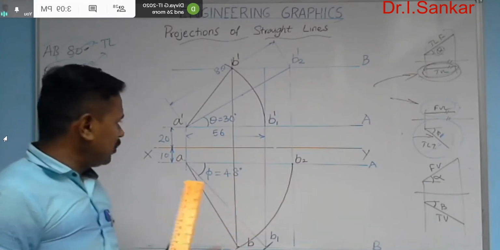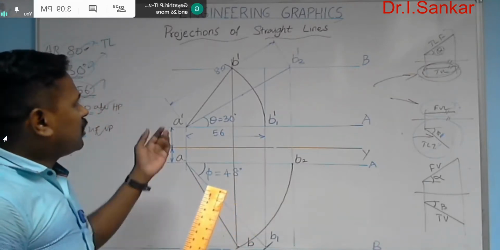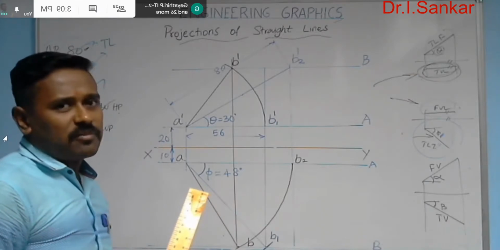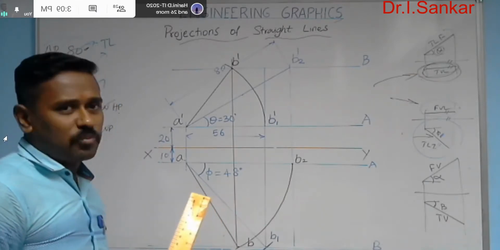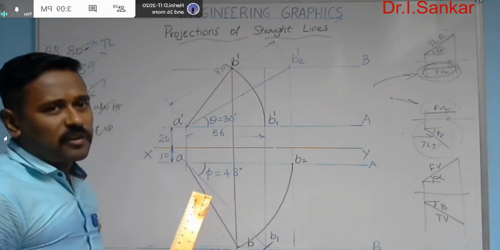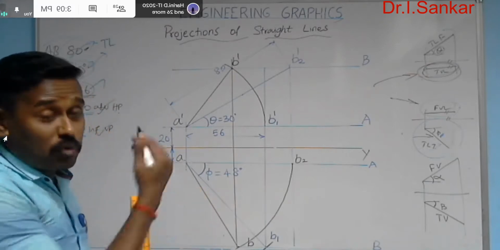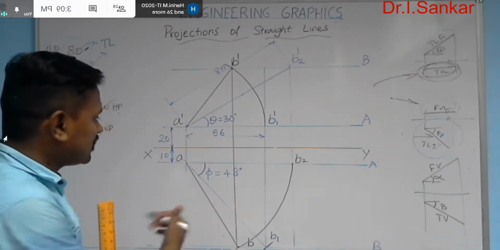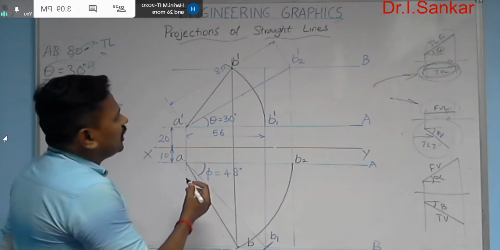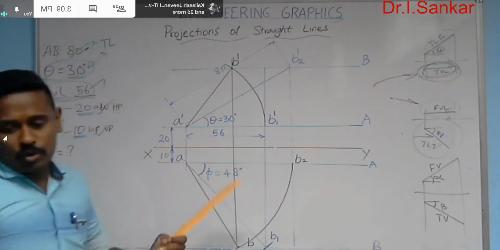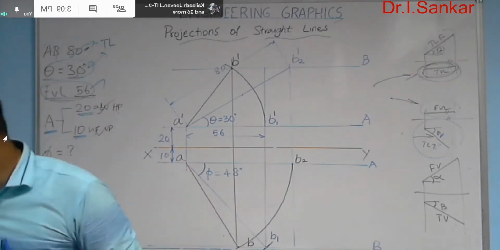So we just completed our job. We brought out the 3 lines in the front view area and 3 lines in the top view area, 4 angles in the front view area and 2 angles in the top view area. The angles alpha and beta are yet to be marked. You can mark them.